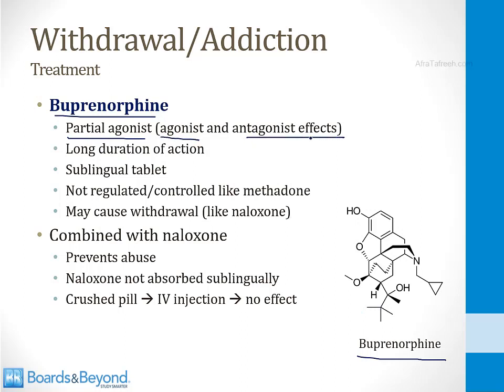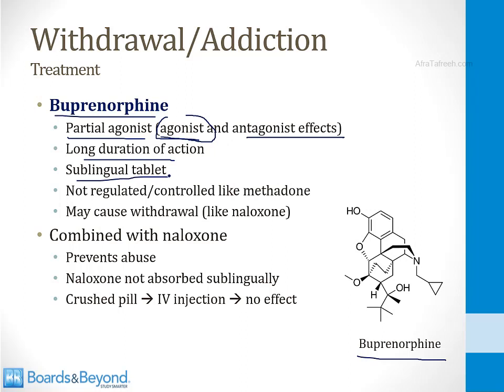And the idea here is that buprenorphine has some agonist properties at opioid receptors, but not as much as full agonists like heroin or morphine. For that reason, this drug will partially activate the opioid receptors, and that's what can reduce the cravings and the risk of relapse among people with opioid use disorders. Buprenorphine has a long duration of action. It is slowly absorbed when administered as a sublingual tablet under the tongue.